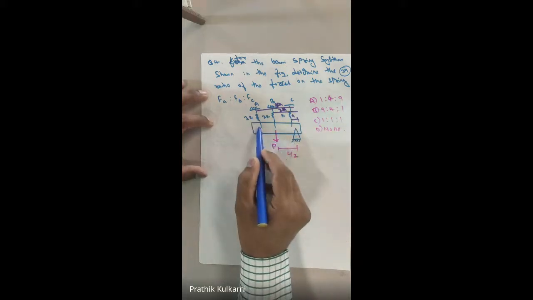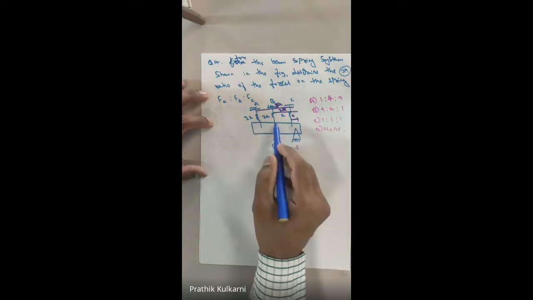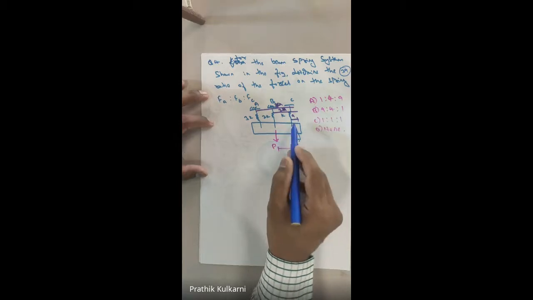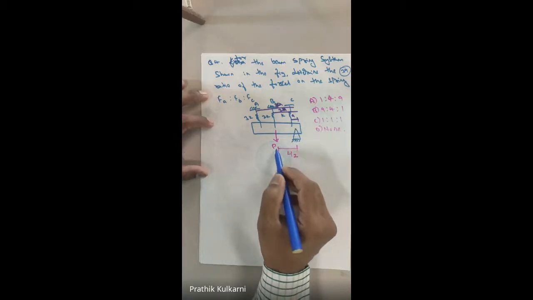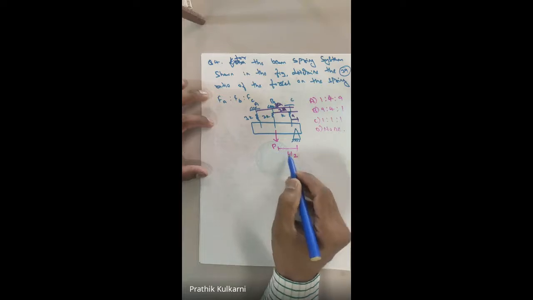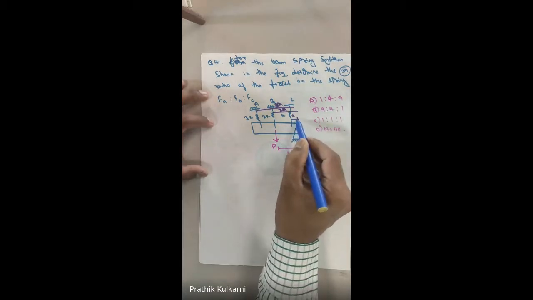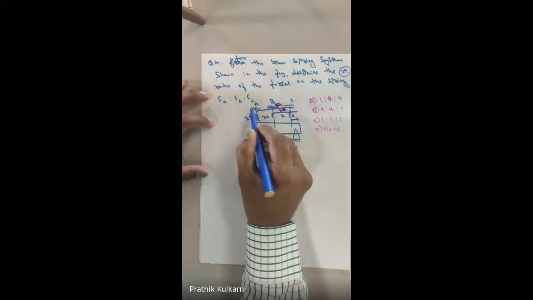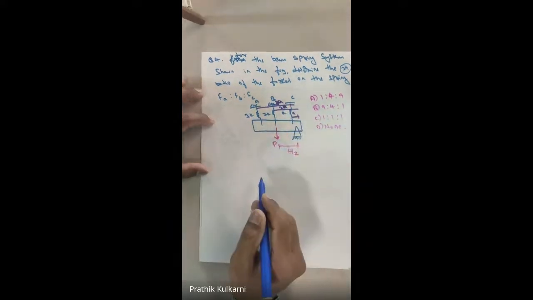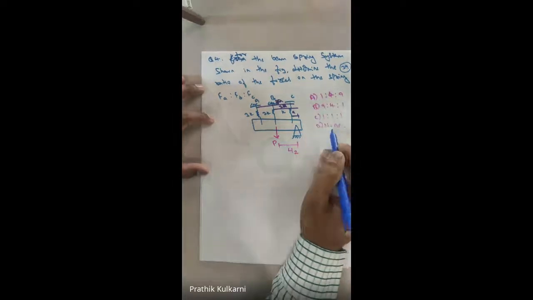So this is your spring. A spring, B spring, and C spring. So you have three different springs where the load was given as P at a distance of L by 2. Here we had a support. And the distances were A, 2A, 3A. I think everyone has copied this. And this was the option.